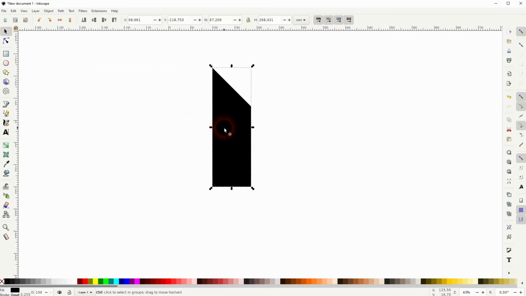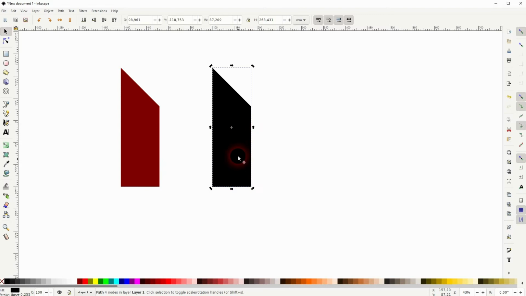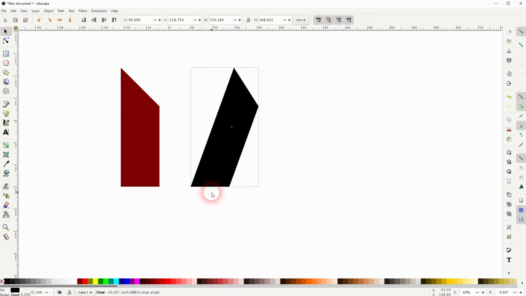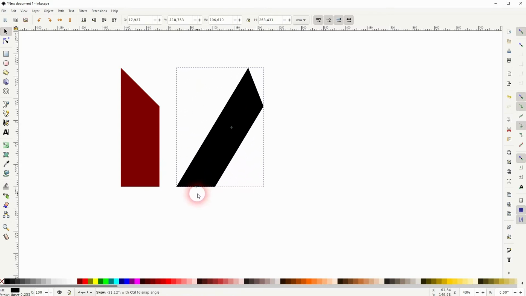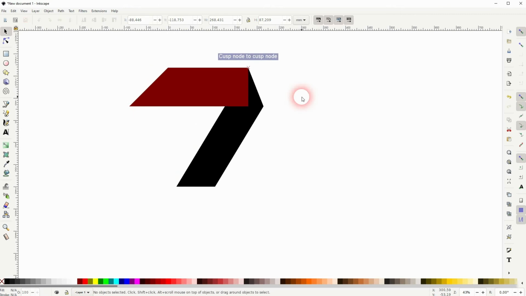Let me copy this one again. So I use Ctrl D once more. I want to skew this, so double click on it and then drag this icon right here a little bit to the left. And I'll rotate this one holding Ctrl. It should snap to the corner, and if I put it to the bottom, we've got the shape that we